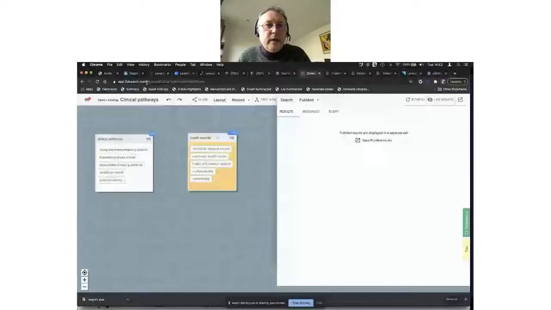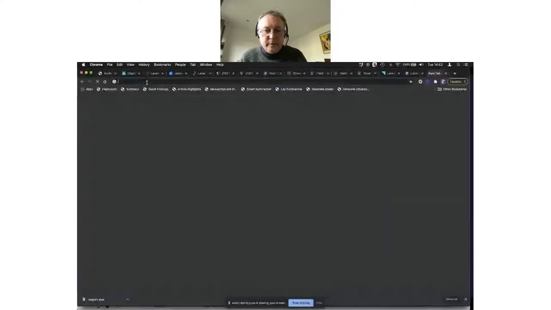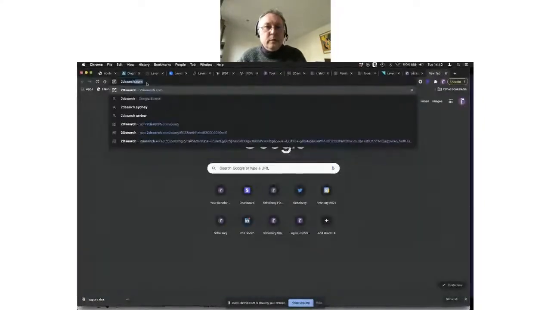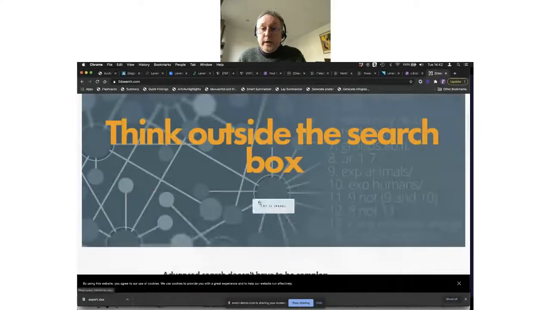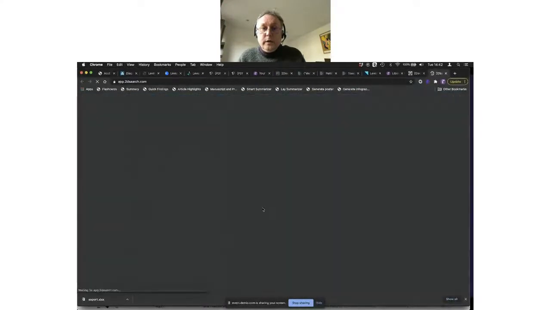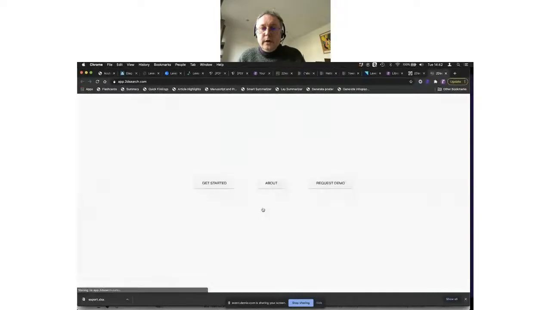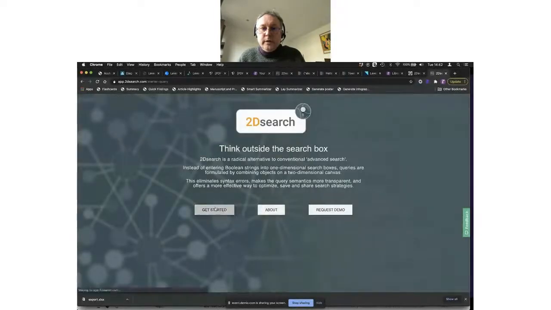Right. So I hope I'm sharing that screen now. You can see app.2dsearch. If you go to the website 2dsearch.com, 2D search is free to use, and you just log in, I think, with your Google account or an email address and